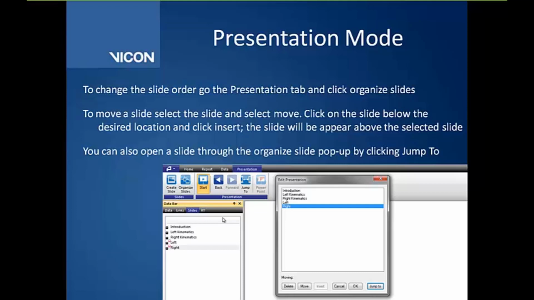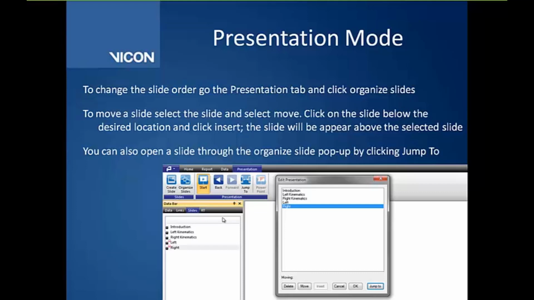Again, very similar to Excel, you want it to be before this slide, and it'll appear above the slide that you selected. You can also open up a slide through this Organize pop-up by if you select it, and then in the bottom right you say Jump to, it'll open that slide